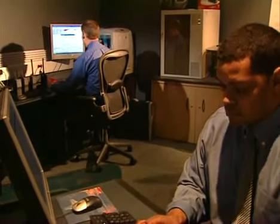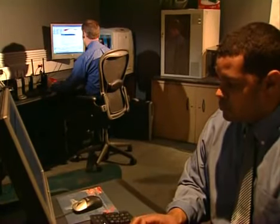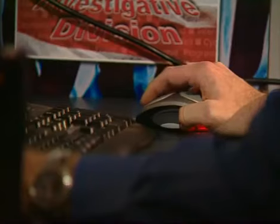Typically, the trail starts here, with the forensic specialists trying to crack the criminals' hard drives. What I've done, I took his computer and I took the hard drive out of that computer and I made a copy of it. It's called a forensic copy, an exact copy of it. And now I'm reviewing my copy of that, looking for evidence or intelligence or whatever might help us in the case. They have to be particularly careful in developing evidence from computers if they want that evidence to stand up